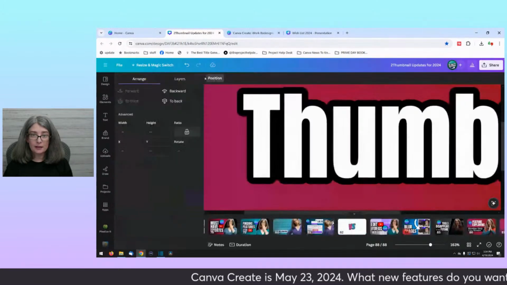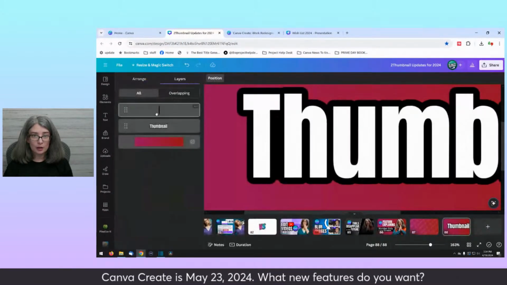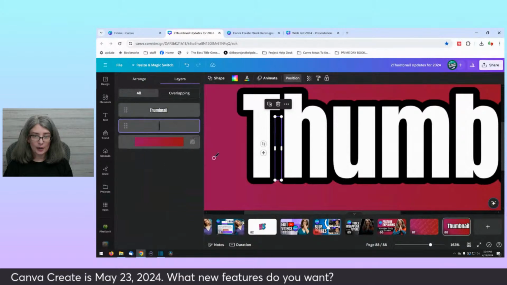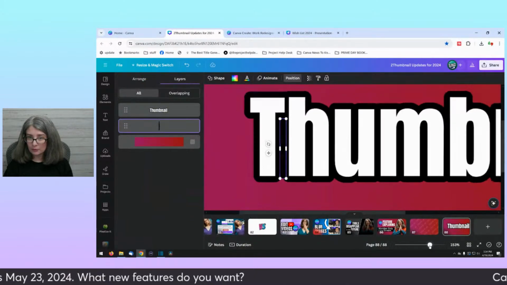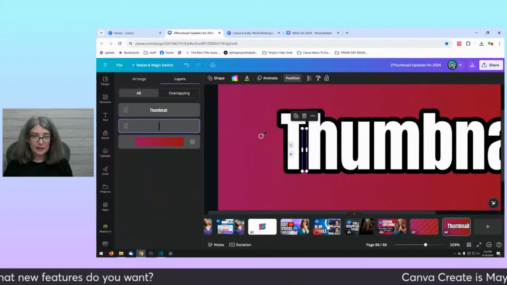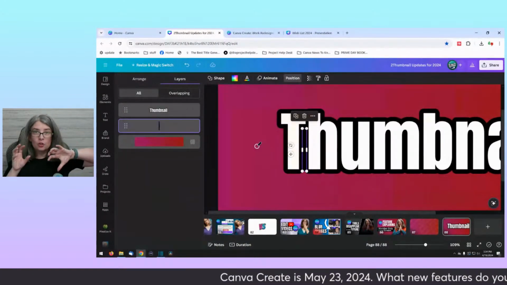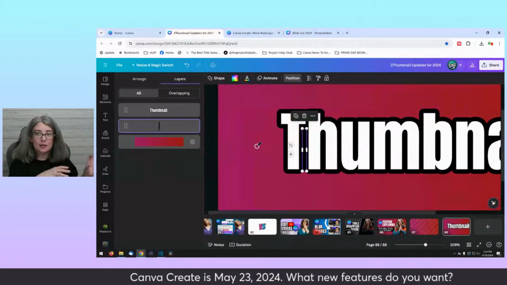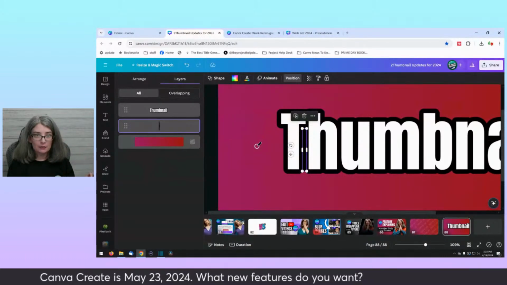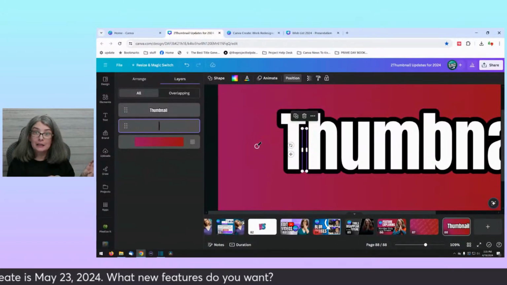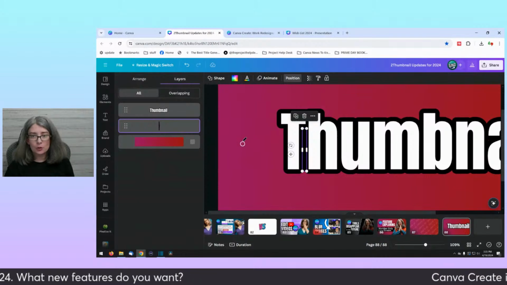Let me grab this, go to position, go to layers, and then I'm going to slide it right underneath. Now watch this. Do you remember I hid the Draw app, right? I hid it. It's still here.